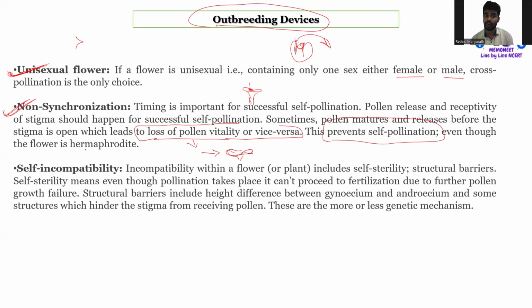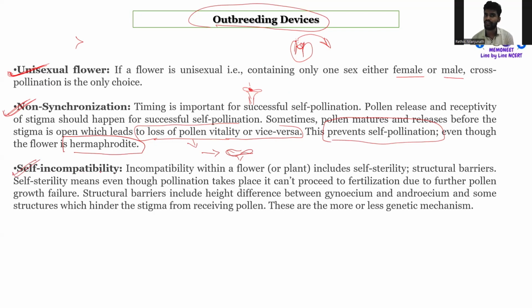So even though the flower is hermaphrodite, that is, even though the flower has both male and female gametes in the same flower, it still shows the non-synchronization character, in such a way that pollination happens between two different flowers or flowers of two different plants. This is the second outbreeding device. The third outbreeding device is